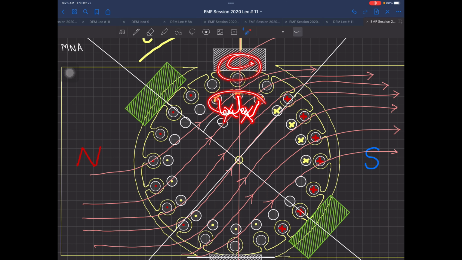You are short circuiting these three conductors because of the size of the carbon brush, and you will have to increase the size of the carbon brush. Why? Because if the machine is large and you have more current to feed in... your lab machines are very small, they are 3.5 ampere. In a practical machine, the current may be like 15, 20, 25 ampere.